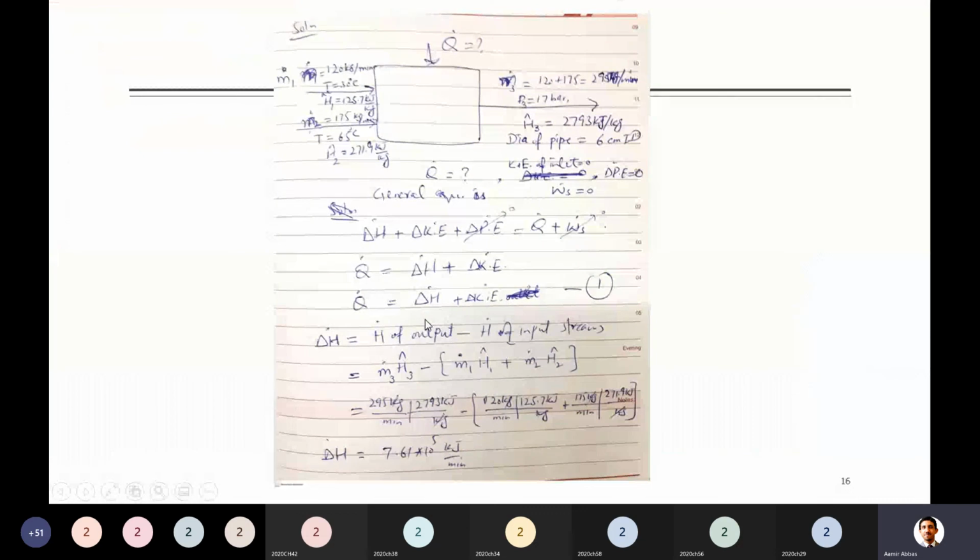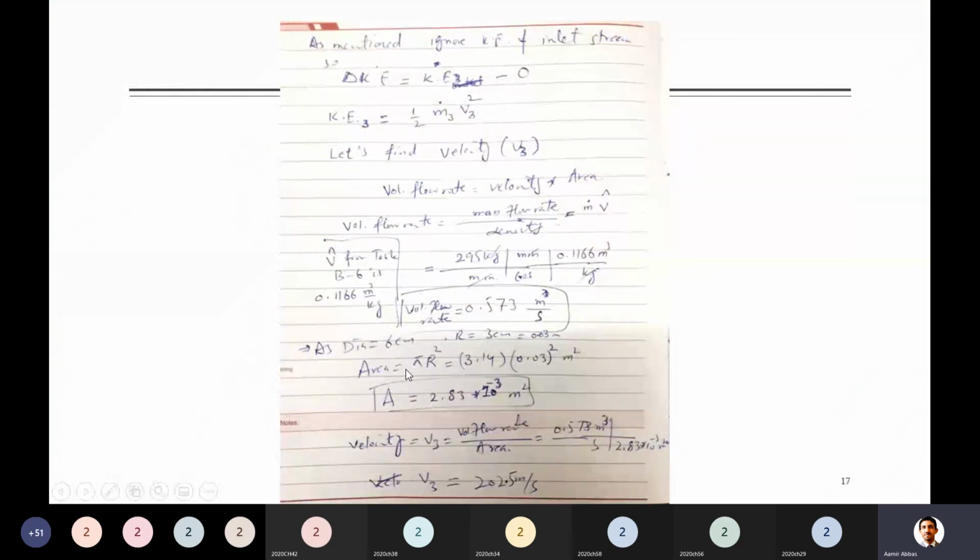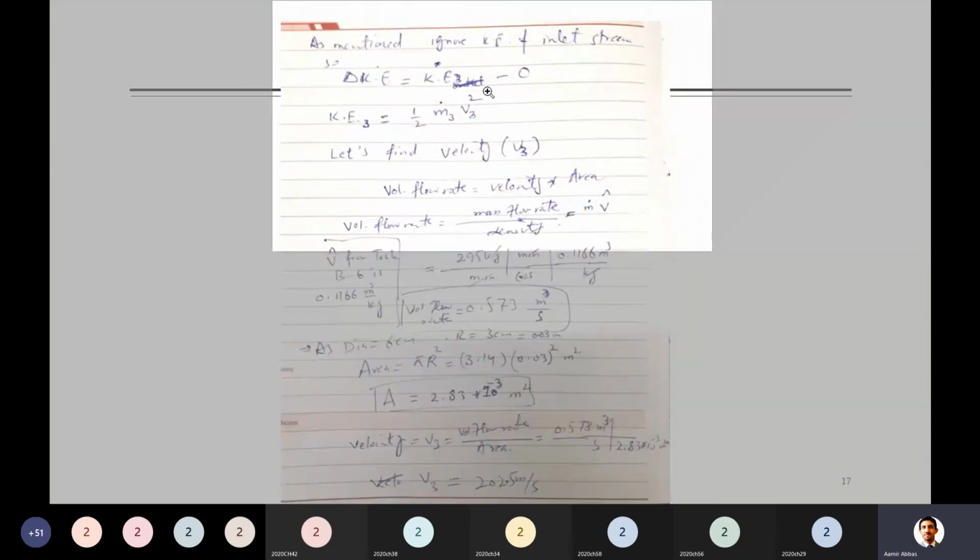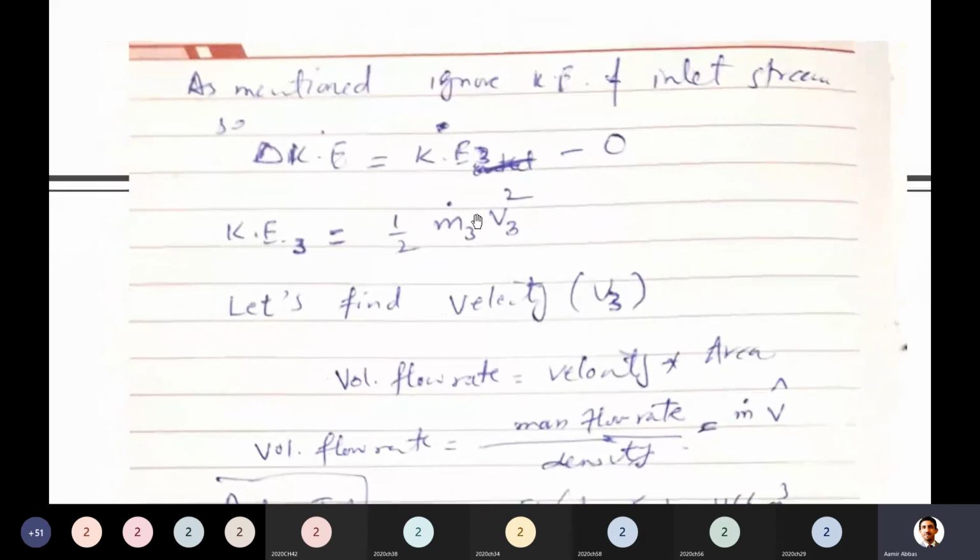Next, what you have to find is the kinetic energy, only for the outlet stream, because for the inlet stream there is no kinetic energy in the question. He said just ignore them. So actually del KE is equal to only KE3, the kinetic energy of stream 3, which is the outlet stream. It will be 1 over 2 m v squared, M3 being the mass flow rate of stream 3 and v the velocity of stream 3. So guys, do you have this mass flow rate and velocity of stream 3?